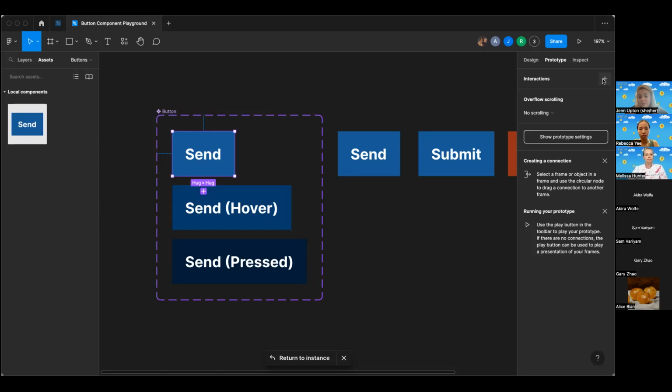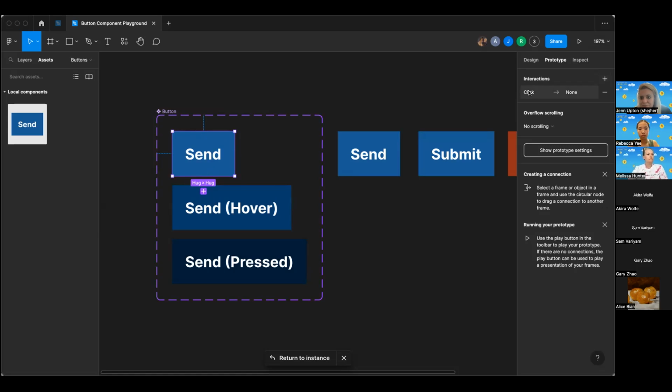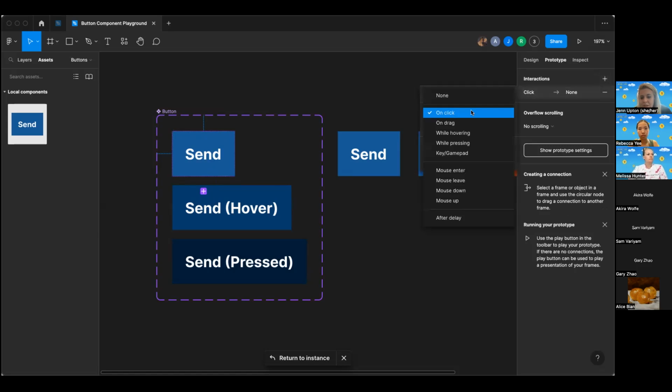You can treat it just as you would on a screen, and it will remember that when you use this component, you want this action to happen. The interaction that we're going to do, because it's a hover, we'll add the interaction up here. And so we're going to select while hovering. It will go to change to